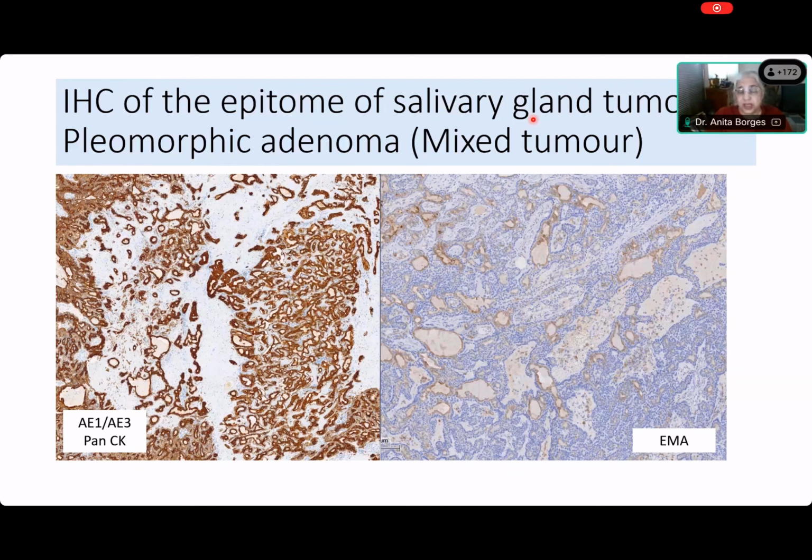The same matrix that you are seeing inside these cribriform areas. Do you notice that? So inside the lumina, you're seeing secretions. Outside this lumina, as well as within these cribriform spaces, you are seeing a myxoid matrix. So how did this happen? Akshara, can you explain that?